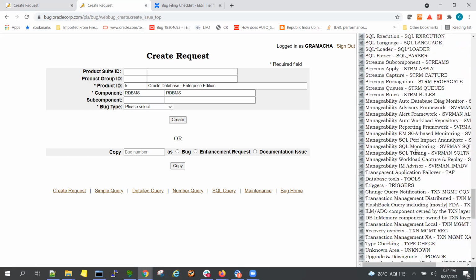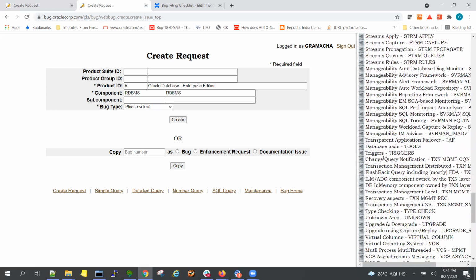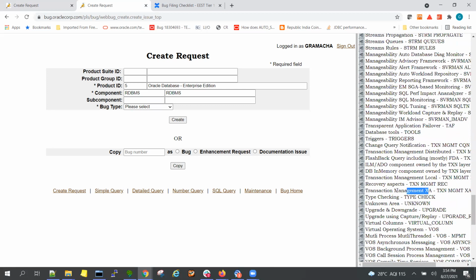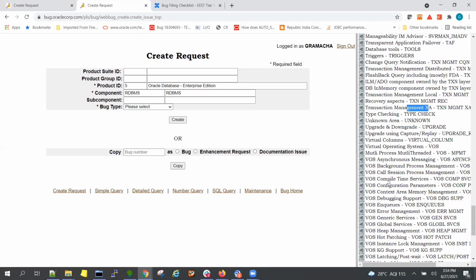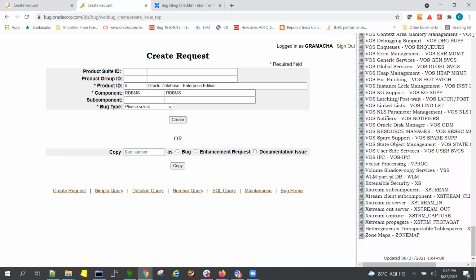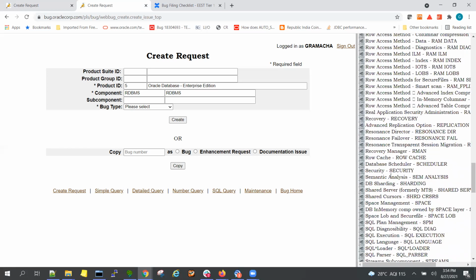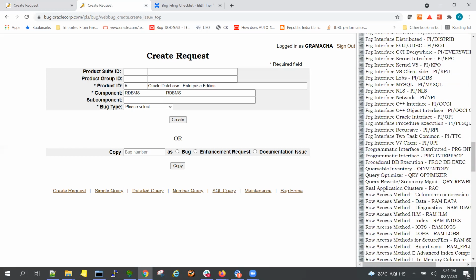There is transaction management: here is distributed transaction management, and here is transaction management related to the XA layer. For the optimizer, you will have the query optimizer here.